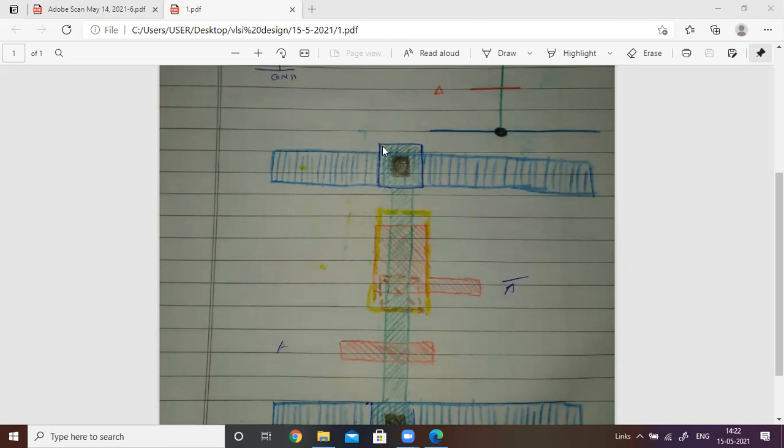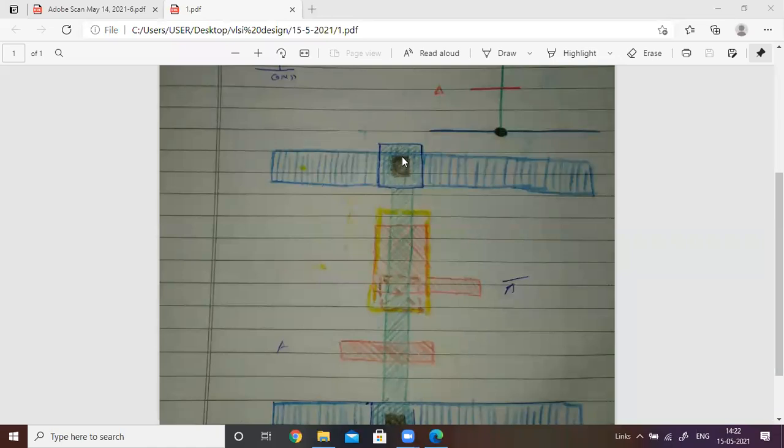This point must be either in the downward direction or bottomward direction, no problem. And exactly at the center is the 2 lambda cut. So this is 1 lambda, this is 1 lambda, this is 1 lambda, this is 1 lambda, so totally it becomes 4 lambda. Here also it becomes 4 lambda. That means it must be placed exactly at the center of the 4 lambda into 4 lambda cut. The hatchings will be metal hatchings, and diffusion hatching also we require.